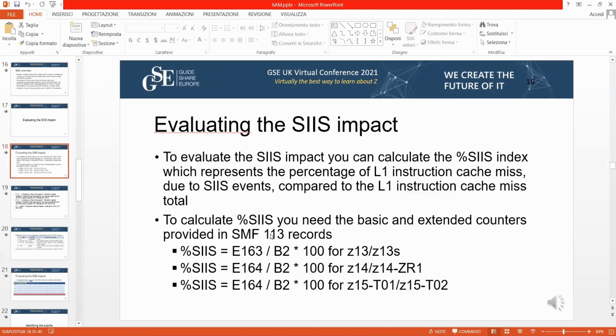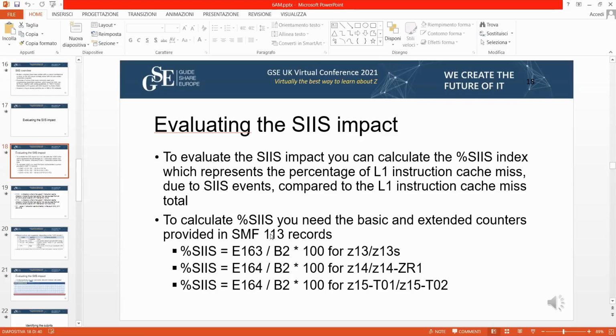So in order to evaluate if you have this kind of problem in your system, the first thing you have to do is evaluate the impact, if this kind of problem is there. And so you have to calculate a percentage SIIS index that will represent the percentage of level 1 instruction cache misses due to this specific topic we are talking about.